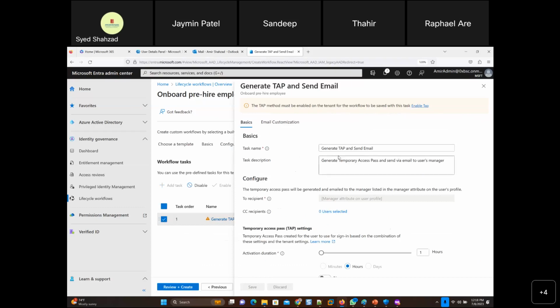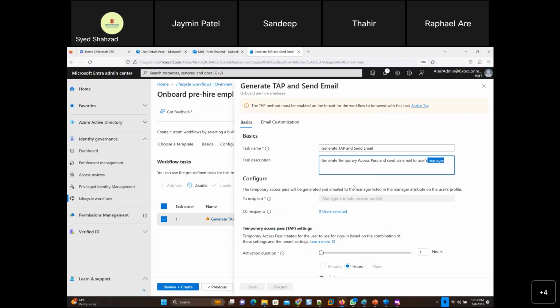Generate TAP, which is a temporary access pass, right? So generate a temporary access pass and send via email to the user's manager. If those previous tasks had been automatically completed, email the user's manager.